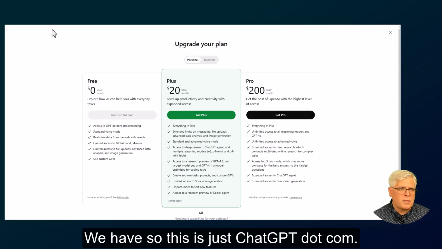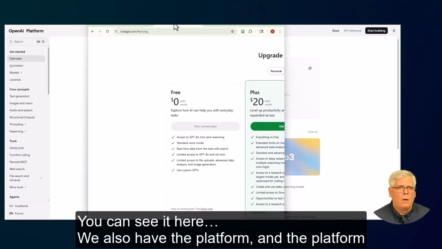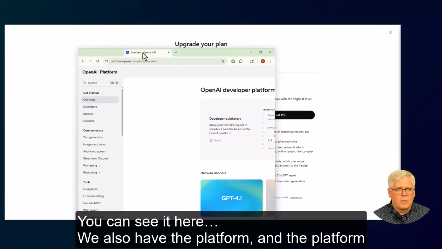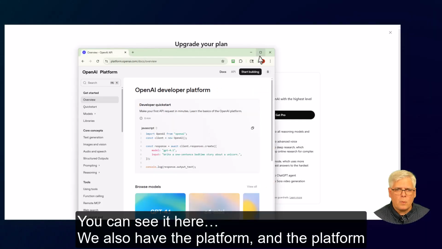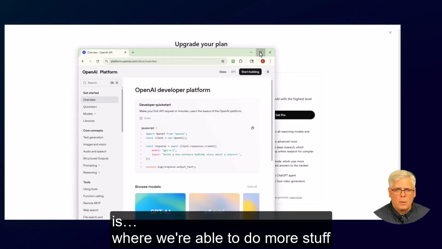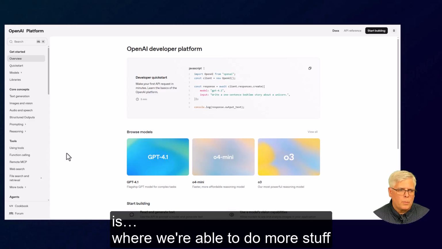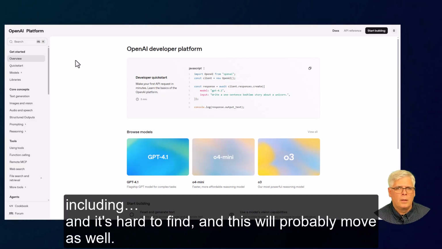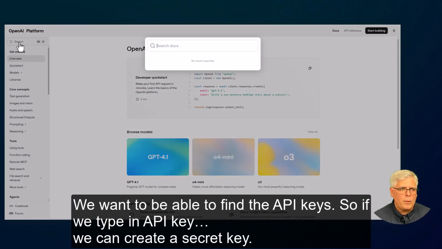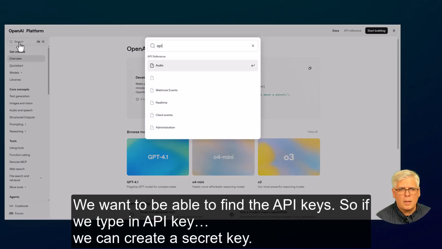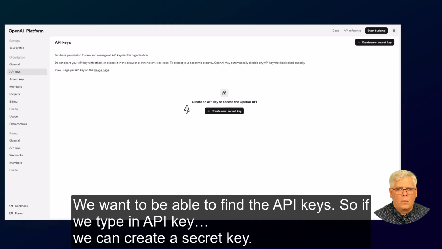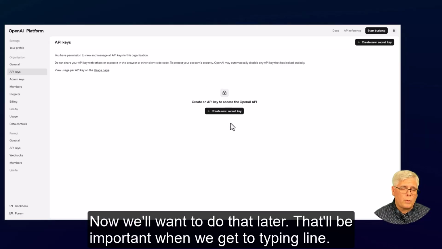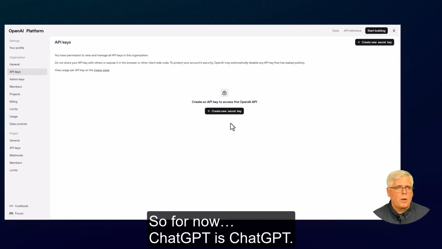So this is just chatgpt.com. You can see it here. We also have the platform, and the platform is where we're able to do more stuff, including, and it's hard to find, and this will probably move as well, finding the API keys. So if we type in API key, we can create a secret key. Now we'll want to do that later. That'll be important when we get to TypingMind. So for now,